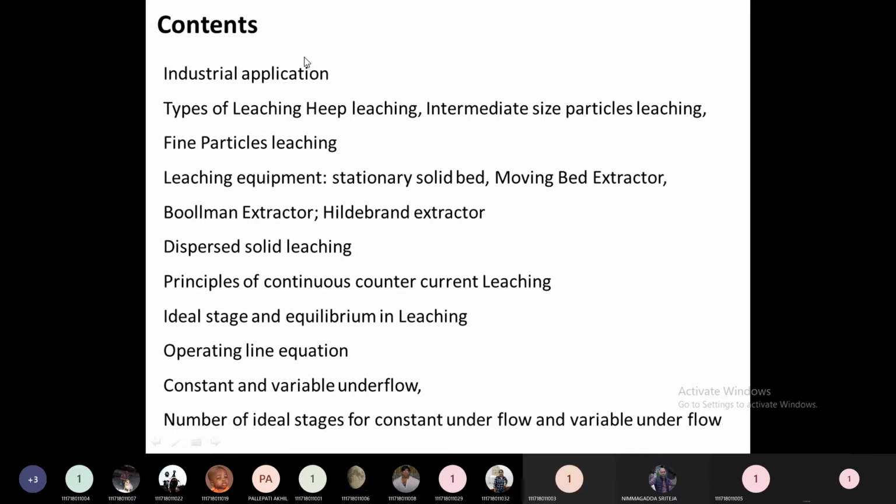How do we prepare a coffee powder? Earlier, in the good olden days, they used to prepare coffee using coffee nuts, okay, coffee beans. By just grinding those coffee nuts, they used to prepare coffee and throw the solids outside. So that was also a leaching process. Now, using the industrial leaching process, whatever solute is there in the coffee beans is removed, and using a spray dryer, the coffee powder is prepared. Now all the coffee preparation process, the instant coffee powder.